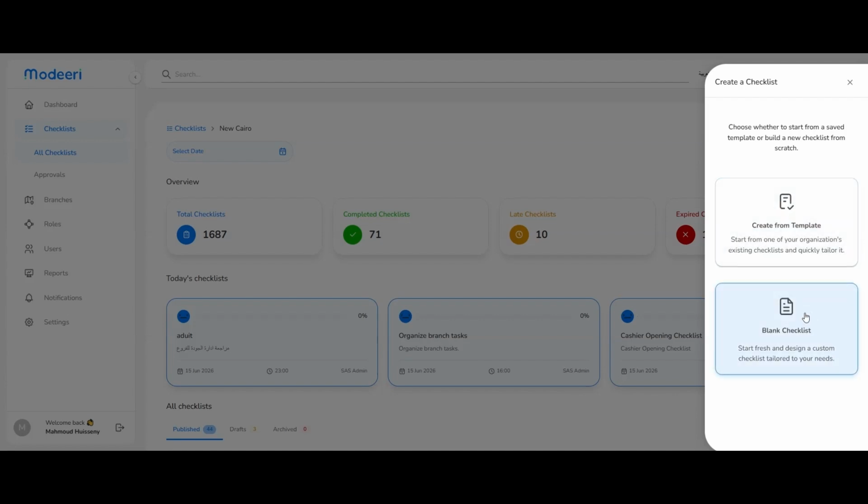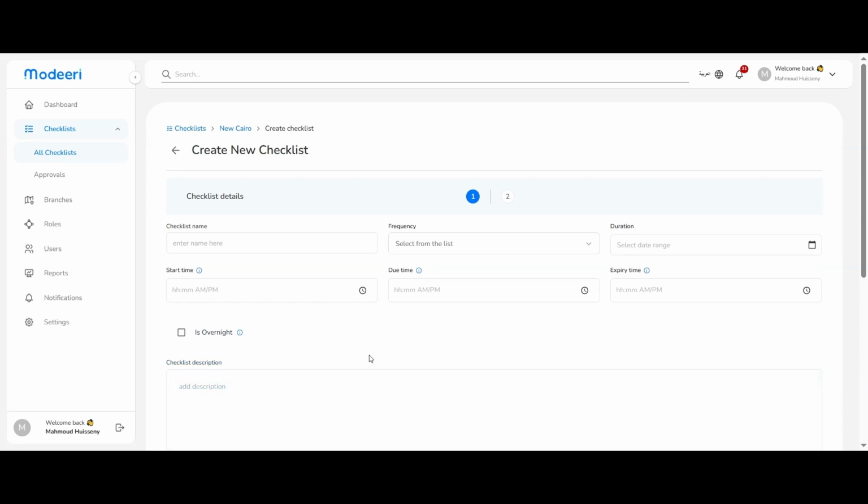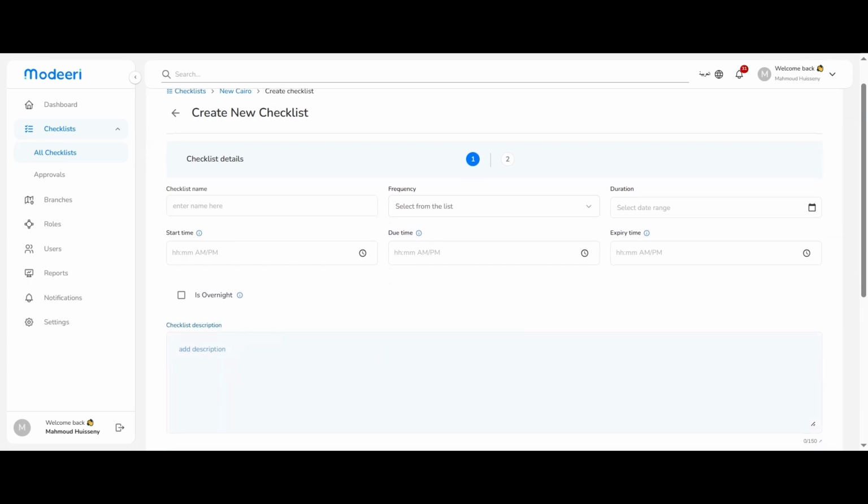The blank checklist is when you're going to start something from scratch, and it's the one we're going to use today. So I'm going to click on blank checklist, and as you can see, I've been directed to this screen. This is where you put every detail regarding the checklist. First is the checklist name. I would suggest adding the role and the checklist details in it. So let's say I'm going to say cashier